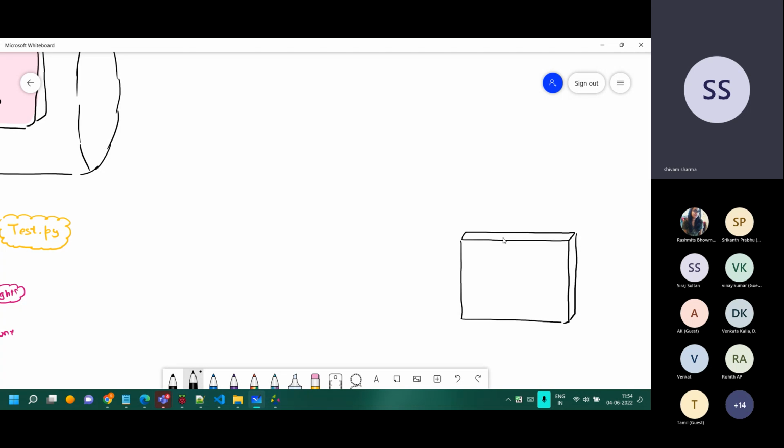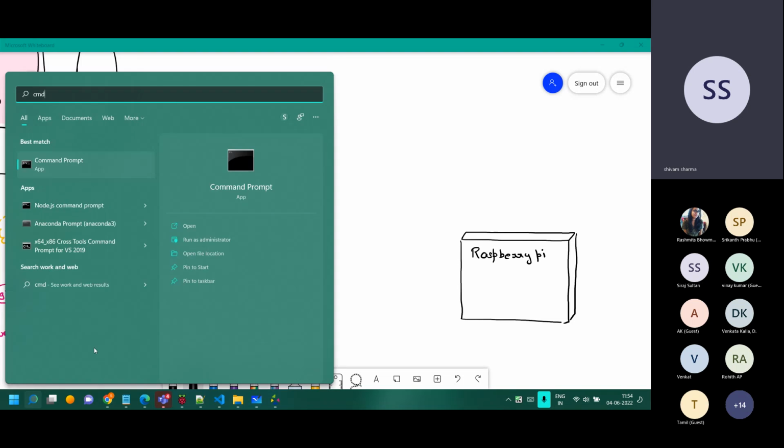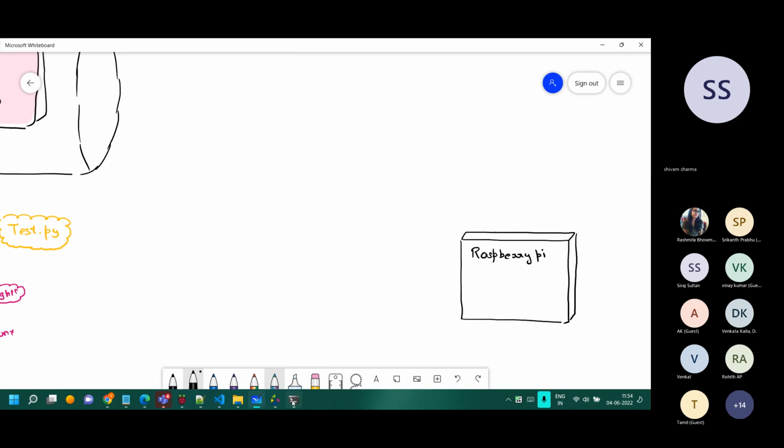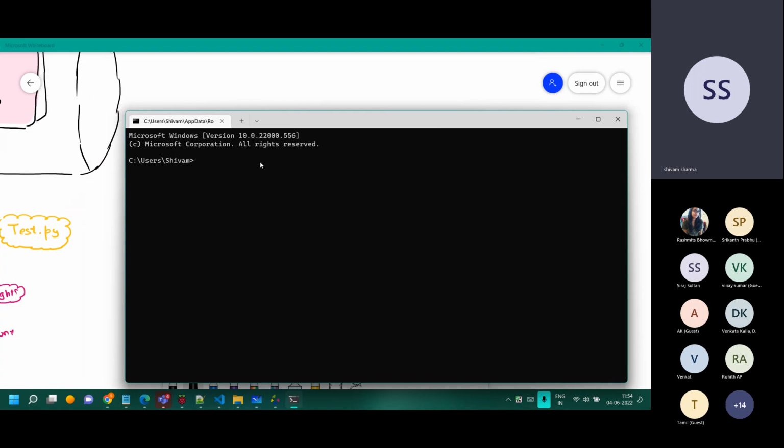I have a Raspberry Pi with me, and I will just connect with it. I have connected the Raspberry Pi. Let me connect with it. It's right now connected to my laptop with a LAN wire, the Ethernet wire.